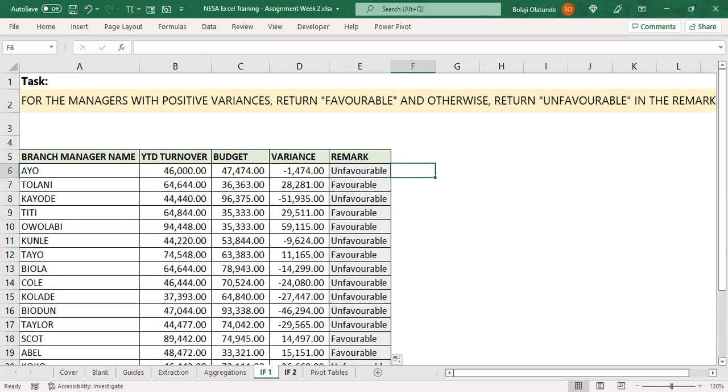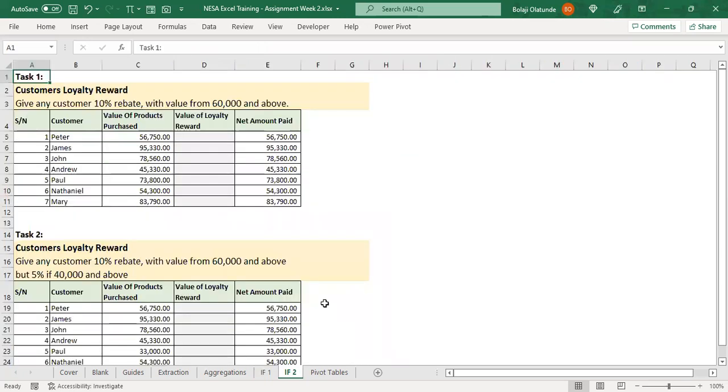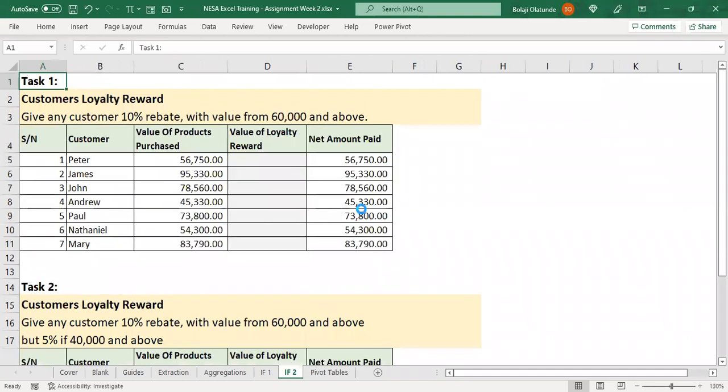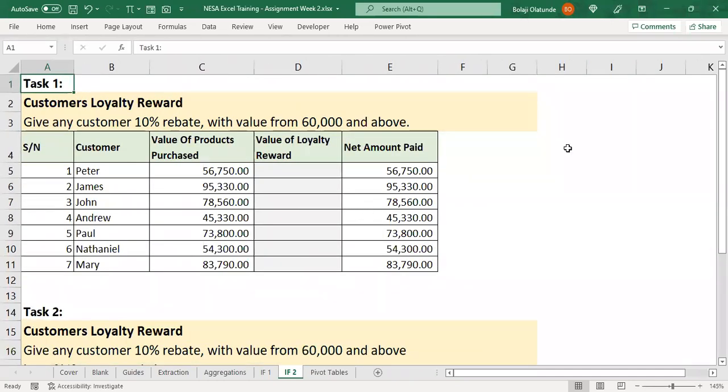So let's look at the second one, which is IF number 2. Now, IF number 2 was a little bit more interesting, and most of you maybe didn't get the question. Probably there were some technical terms there. So let's just look at the first task. Task 1 says